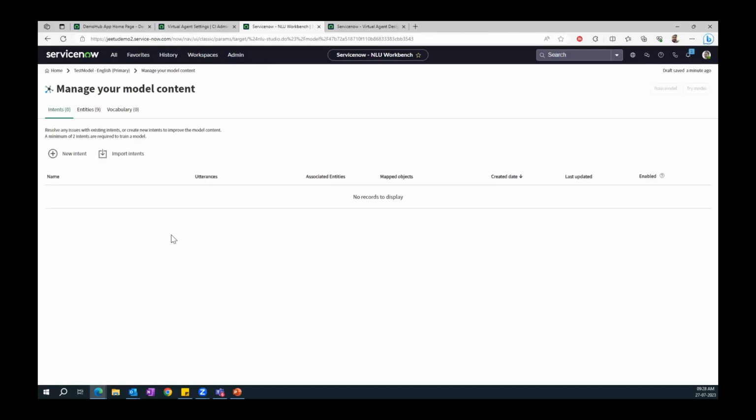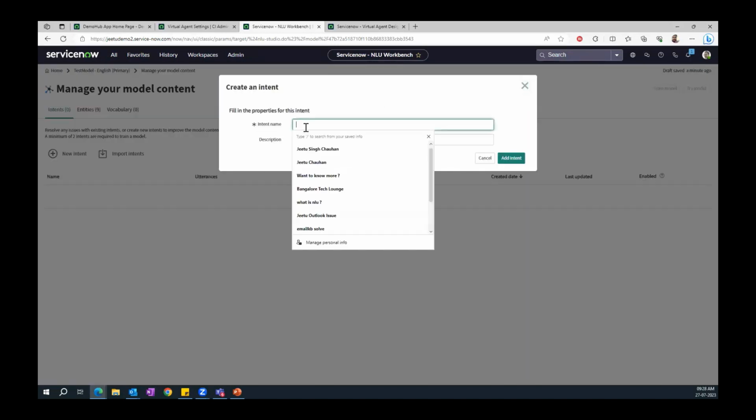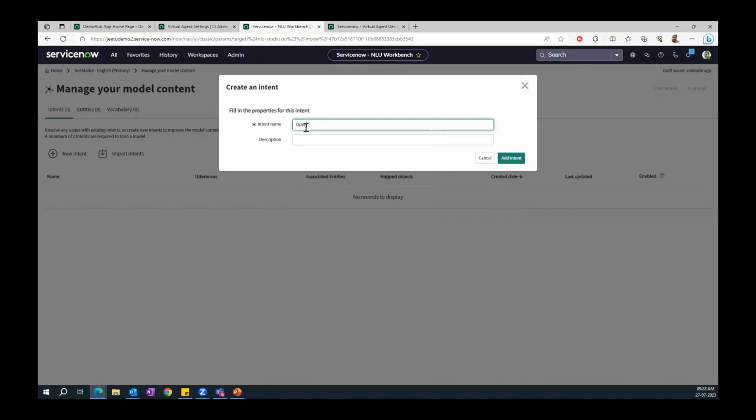If I want to add an intent, I want this model to predict, open IT ticket. For example, based on the user conversation, I want to predict whether the user wants to create a ticket or not.